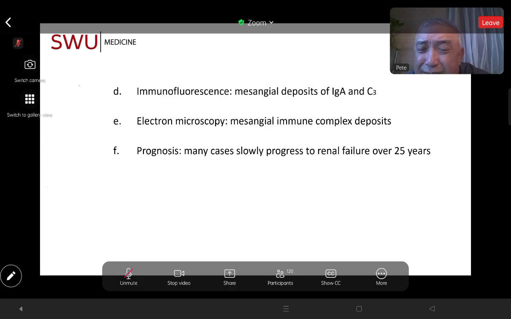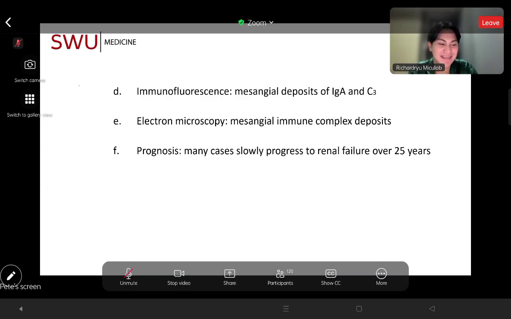Of course, you're not going to say, hey, congratulations, you have Berger's disease. How will you tell the patient? I have good news and bad news for you. You have renal disease, but you're going to live for more than 25 years before your kidney fails. Is that how you're going to do it? No, Doc. I will let you off the hook. I asked this question a long time ago, and one of my students